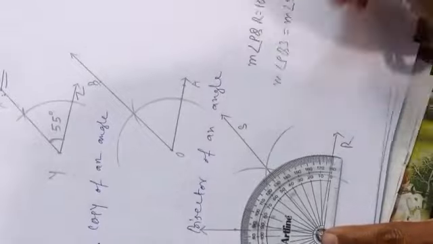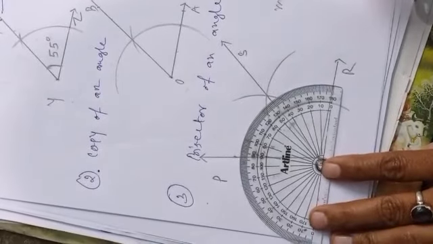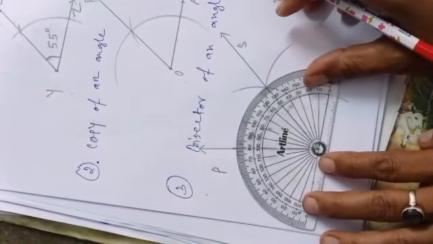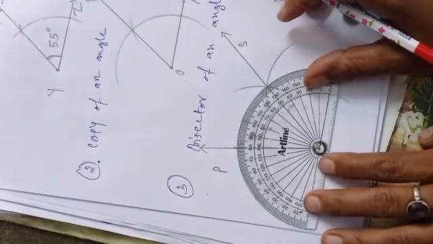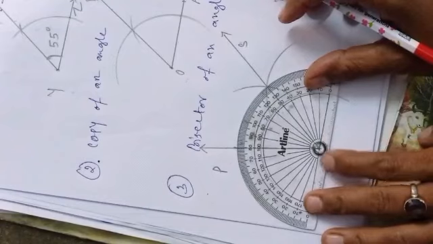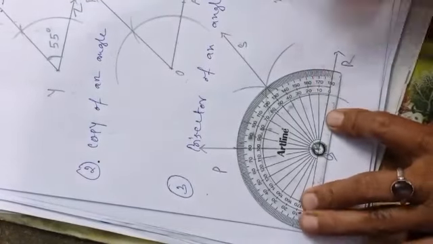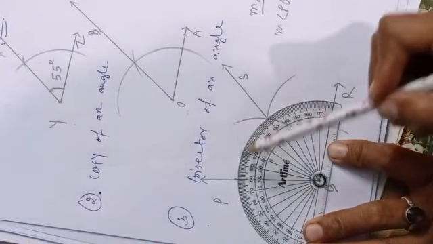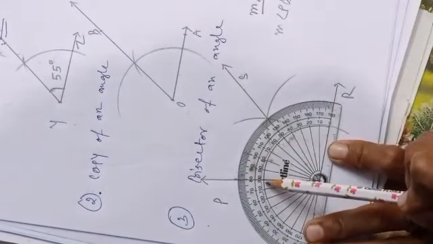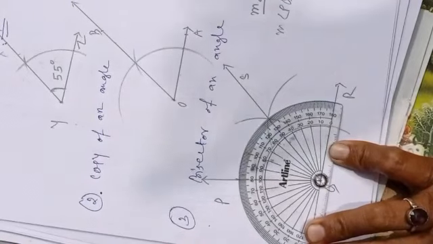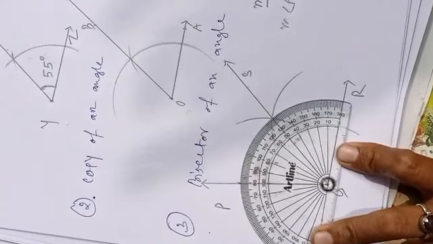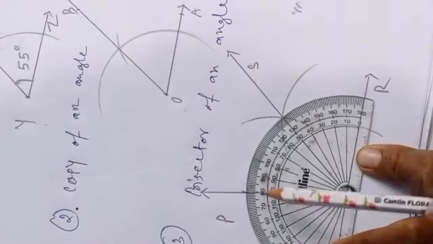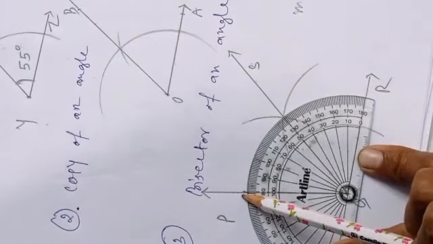Let's see. As we have drawn, angle PQR was 100 degree, and I am telling that it has been bisected, so it is divided in two equal parts. Let's verify. I put my protractor on what I have drawn. Now see that PQR we have taken 100 degree. Yes, it is 100 degree. You can see it here. I am enlarging that image. Yes, it is exactly 100 degree. It is visible to you all.